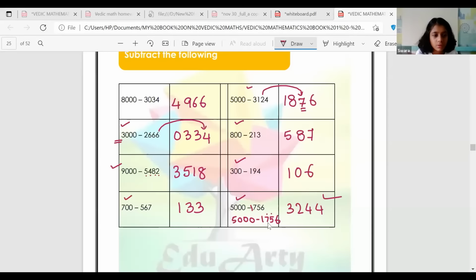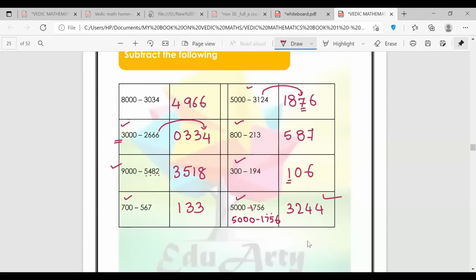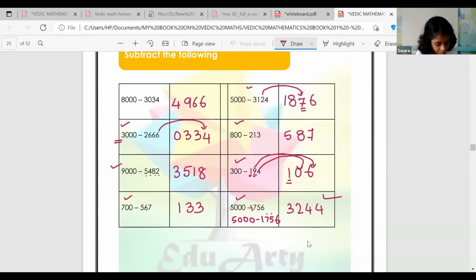Ma'am, I just didn't understand. I got that sum wrong, the sum 300 minus 194. Because it is 3 minus 2 will give you a 1. If it is a 0, so this is 9 already. If it is a 9, you get a 0, and 4 lasts from 10, so you get a 6. Oh, okay. Got it?